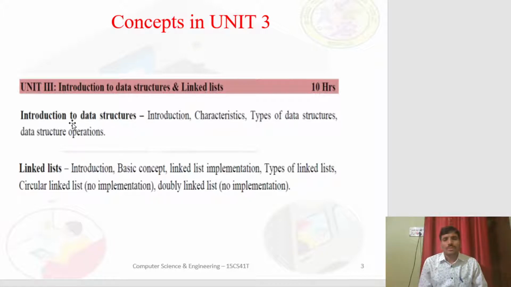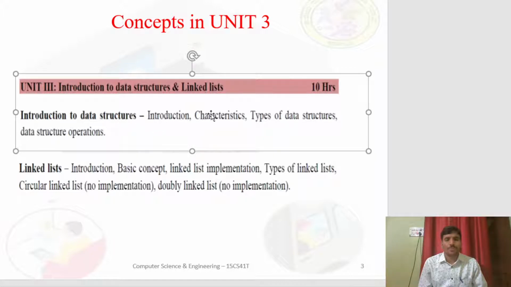We study this unit in two parts. In the first part, Introduction to Data Structures, we will cover the introduction, characteristics of data structures, types of data structures, and various operations performed on data structures. This is part 1.